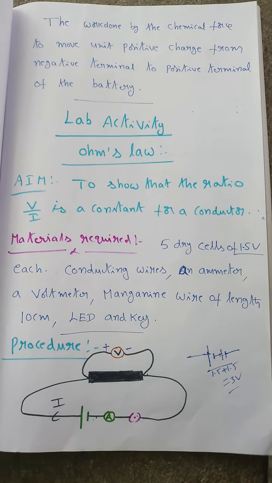And to measure the voltage across the magnet wire, or else to measure the potential difference across the magnet wire, we have to connect a voltmeter parallel to the magnet wire in this way. Here this voltmeter gives the reading of potential difference between the ends of the magnet wire. So here the voltmeter is connected parallel to the magnet wire. Always, to measure the potential difference between any 2 points, we have to connect a voltmeter parallelly between those 2 points.